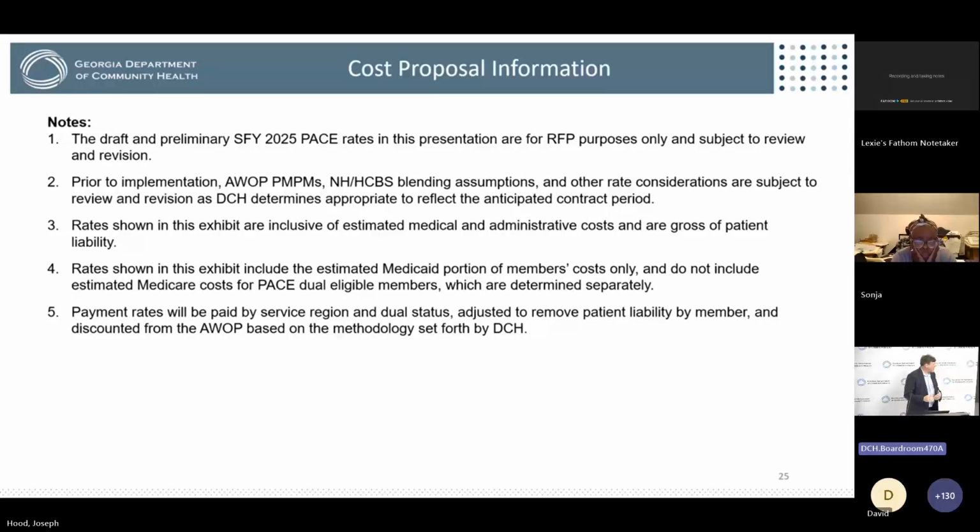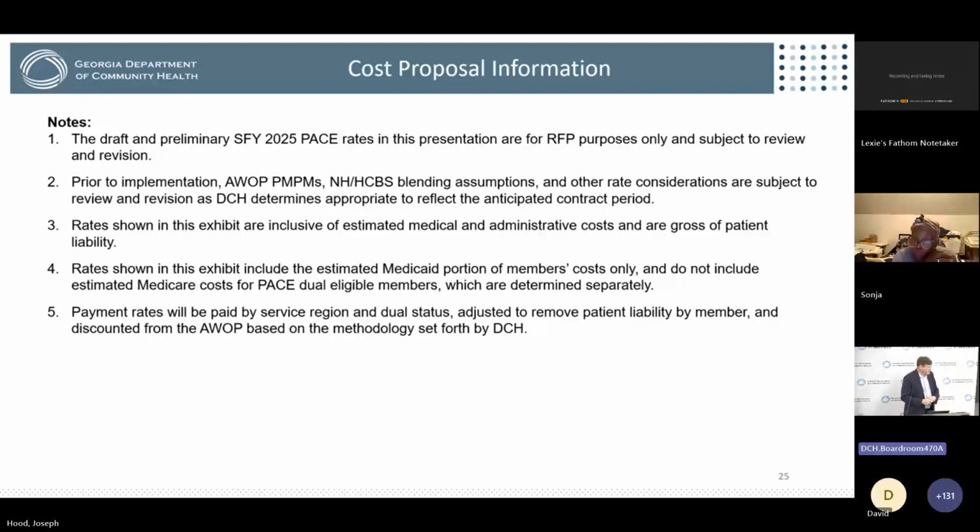So the actuary had asked us what assumptions we wanted to make in this, and did we want to include nursing home assumptions from the very beginning, and the state has chosen to do that. So they've actuarially determined how many folks of a population would eventually be in a nursing home, and they factored a higher cost ratio to account for that. So you would have a number at some point in time that unfortunately may have to go to a nursing home.